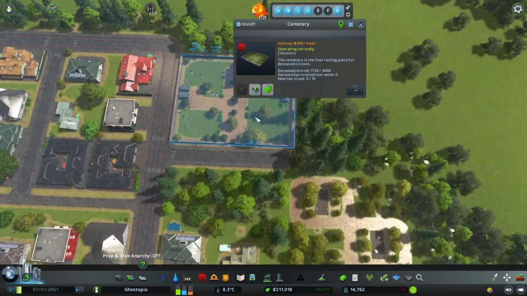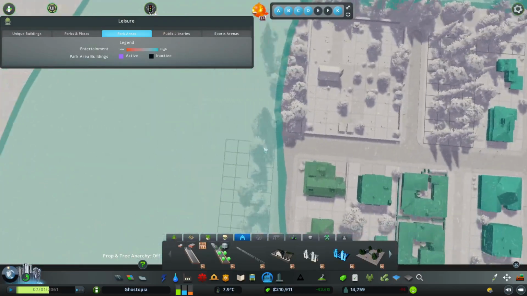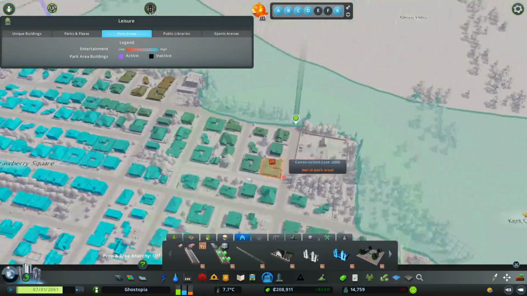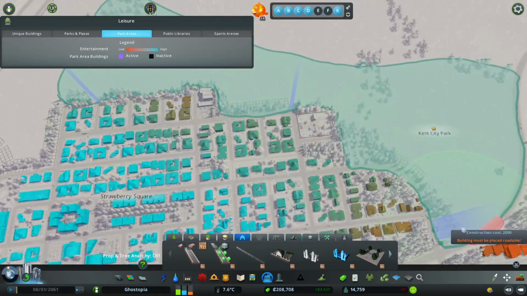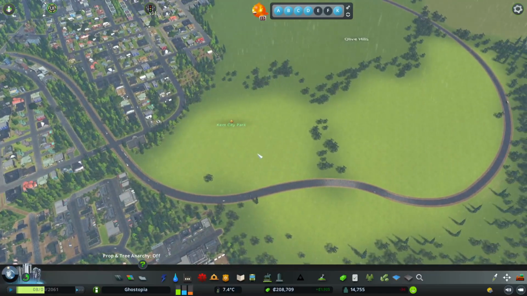What is this, by the way? That is a cemetery. Yeah, that is a good place for a park entry, right? So we can have one park entry right by the cemetery. So one there, one there, one there. That should be fine. And obviously, that is about it for what I'm going to do right here, because